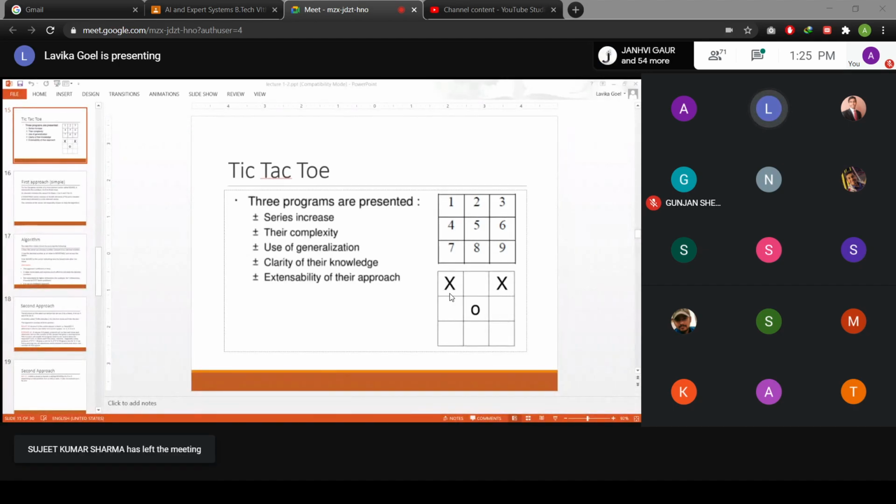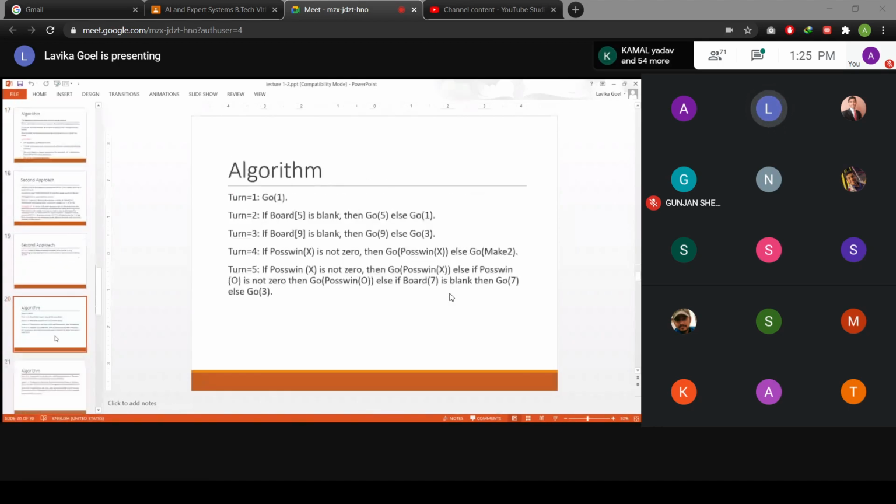So that is what is happening here also. In this algorithm, in turn number 5, it's going to go to position 7, else position 3. So it's trying to make a fork. This is the strategy which X is following by playing in the corners.